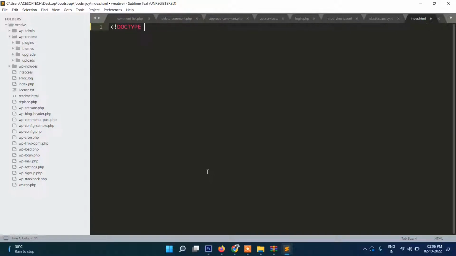doc type html, and then let's close html here. Actually it's simple, so we don't need double. I will simply remove this. Okay, so this is our structure. Here we will write foods and joy, this is title, and in head section we will write here link rel